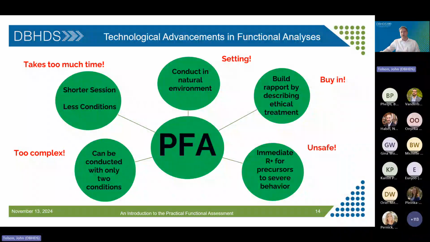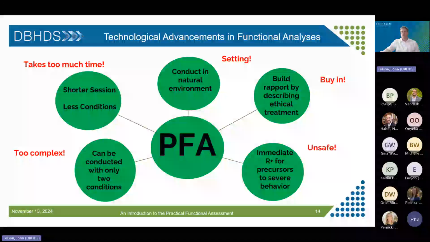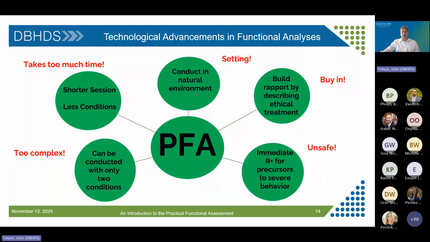When conducting an FA, make sure to include conditions relayed by the caregiver or supporter or the individual so that a connection between the two is apparent, making it meaningful. It is important to obtain consent and assent to ensure that all parties understand that both can be withdrawn at any time.